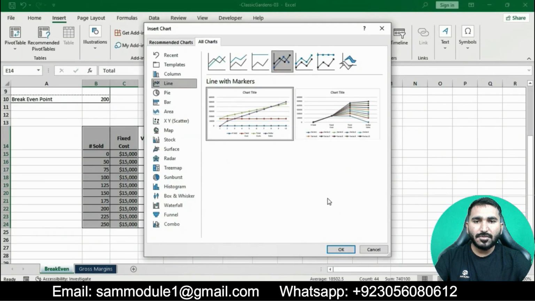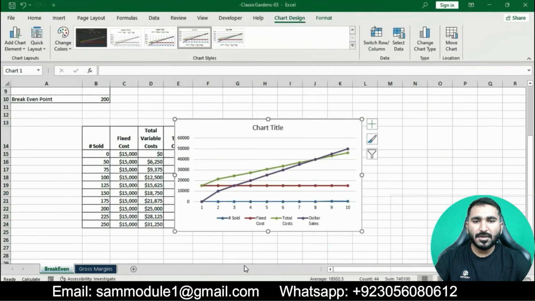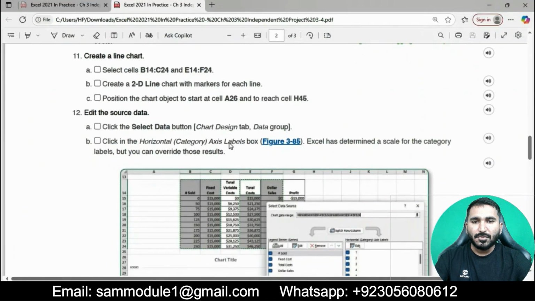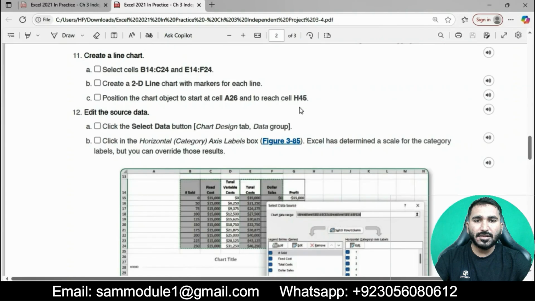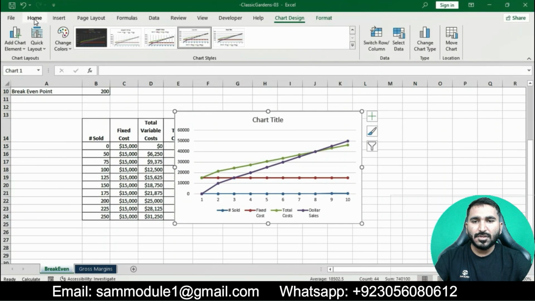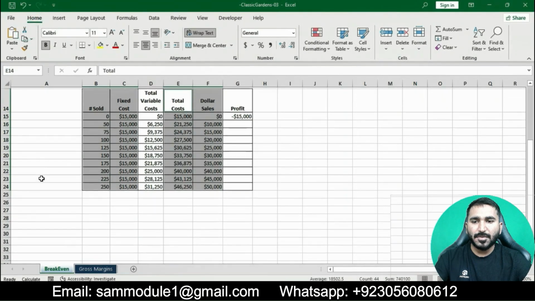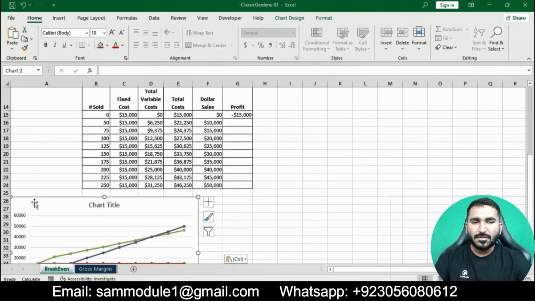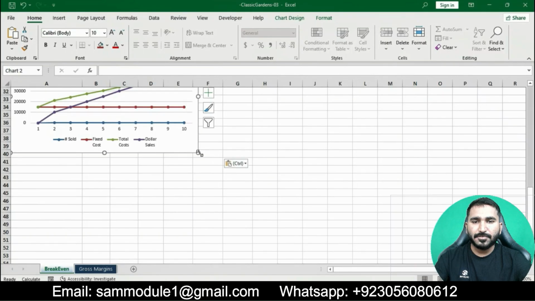Okay, line with marker. Now position the chart object to start in cell A25 and end in H45. Go to the home tab, cut and paste in cell A25 and then H45.